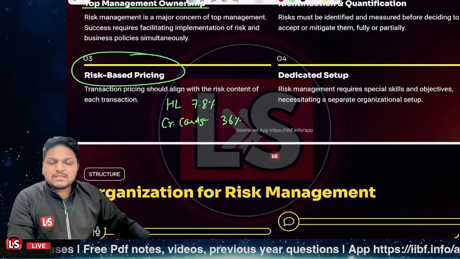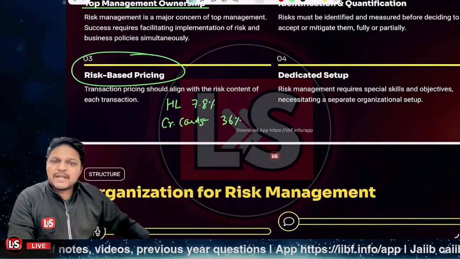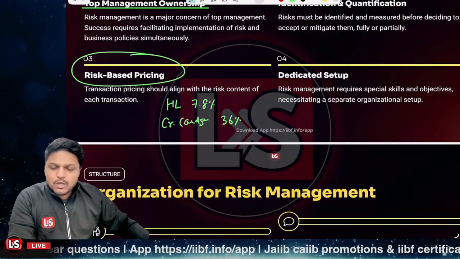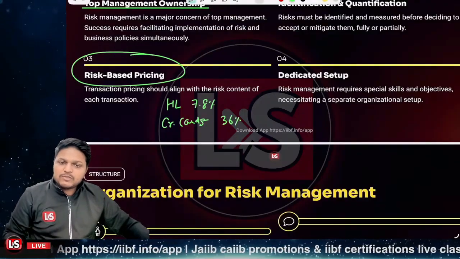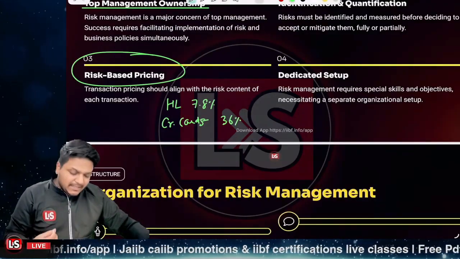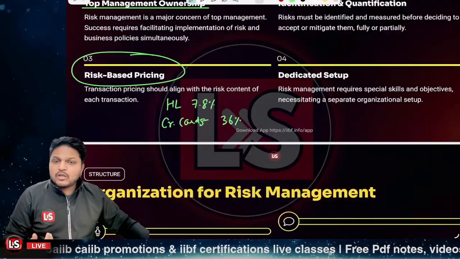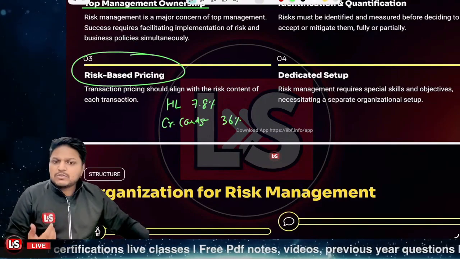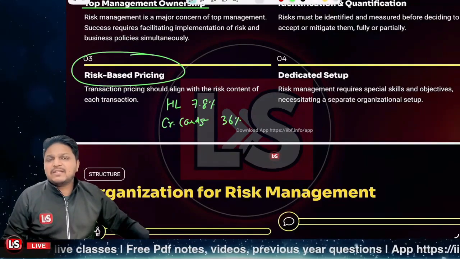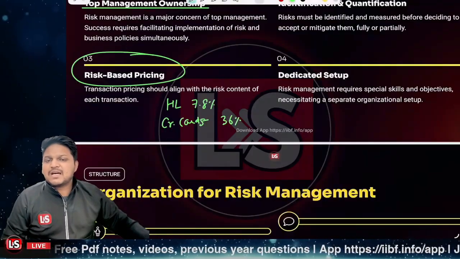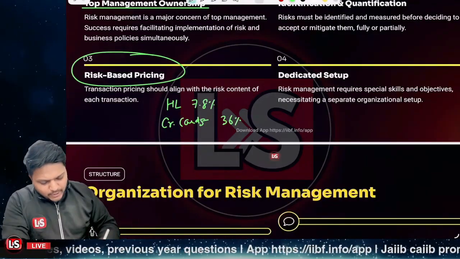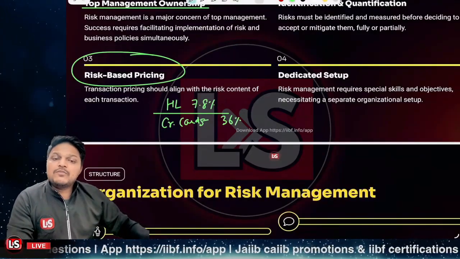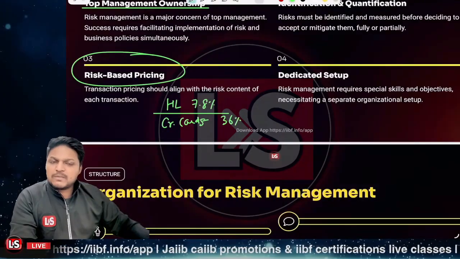There is a simple reason: much more risk is associated with the credit card portfolio, right? The bank will structure things in such a manner that it gets higher returns on credit cards so as to cover the losses associated with them. Whereas in the case of the housing loan portfolio, the bank has lesser risks, so it charges much less, right? That's the scenario related to risk-based pricing. So you price the risks according to the risk associated with that particular asset or investment, right?